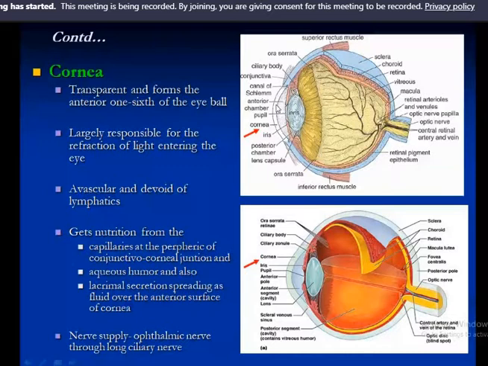Though it is avascular, it has to receive nutrition. From where will it get the nutrition? It will get the nutrition from the aqueous humor. You can see the aqueous humor in the anterior chamber of the eyeball. From the aqueous humor, through the process of diffusion, the cornea will receive nutrition. That is one way. Next, we have the lacrimal secretion; from there also, it will receive nutrition. And the third one is the conjunctiva. Can you see the conjunctiva? Can you see the cornea? At the junction of the conjunctiva and the cornea, this junction is known as the conjunctivo